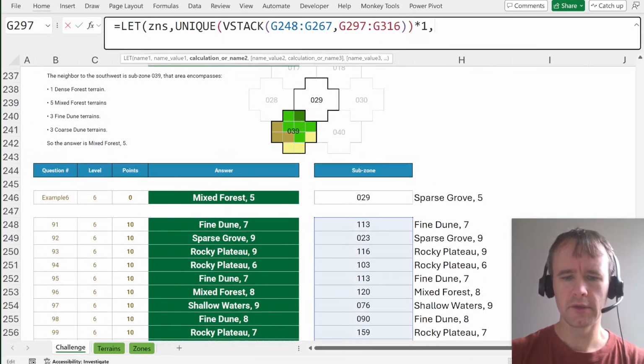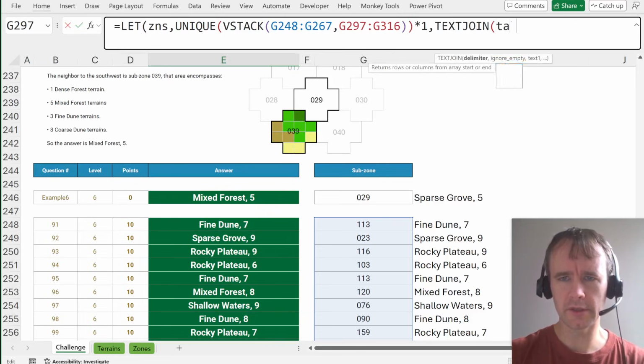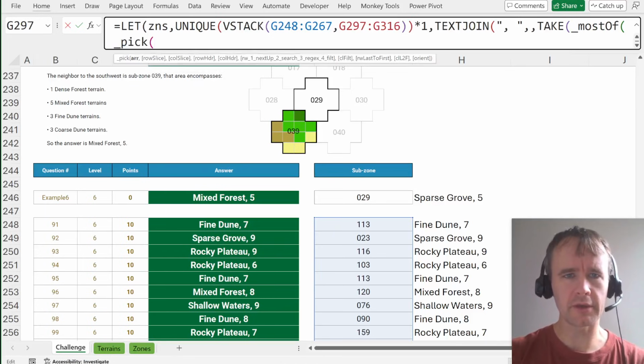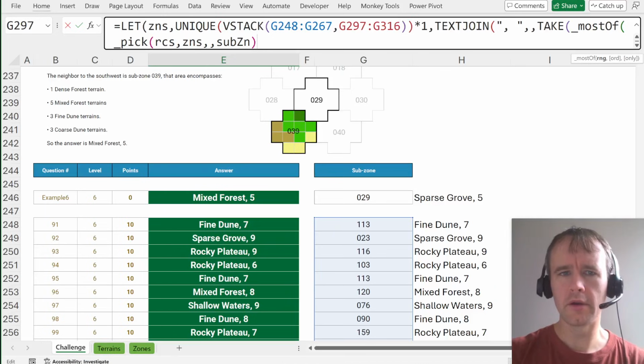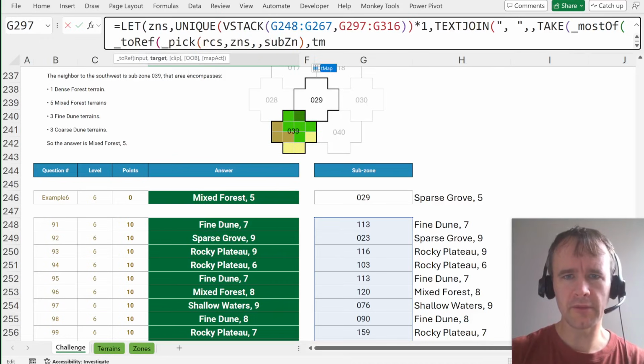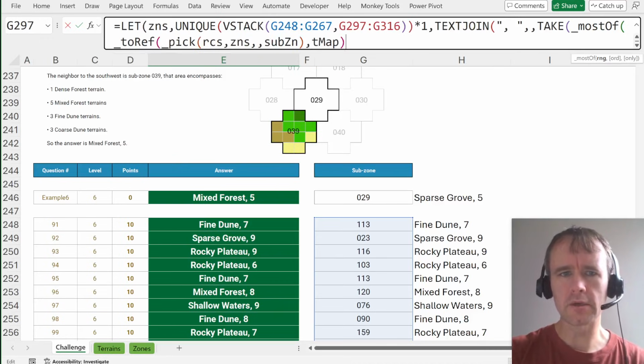So it's going to be TEXTJOIN with a comma space, TAKE MOSTOF, CHOOSE, no, forcing myself to use PICK, gotta get in the habit, PICK from RCs by zones, row header is subzone, and then 2REF of that on tmap. Okay, so that's the 2REF, that's the MOSTOF, that's the TAKE, and I want to take the first row, TEXTJOIN,